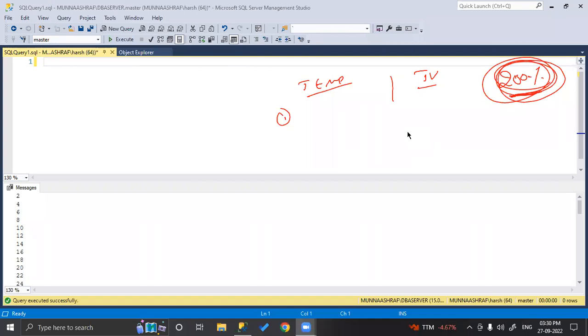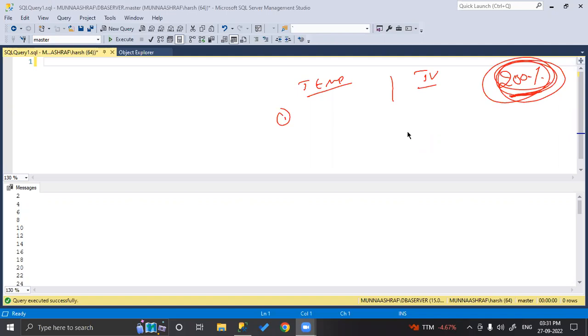Temporary table will be stored under tempdb. So what about table variable? RAM. Yes, very good.